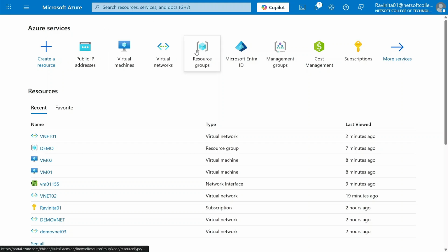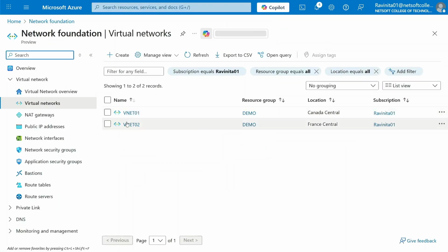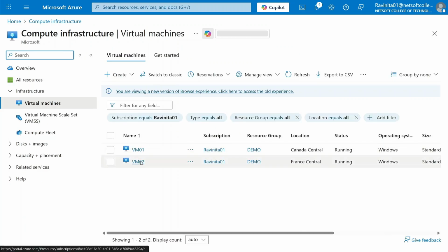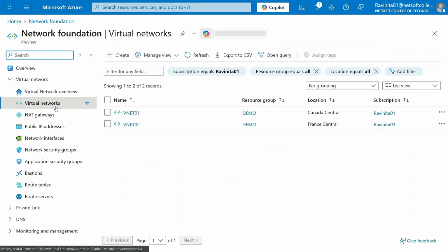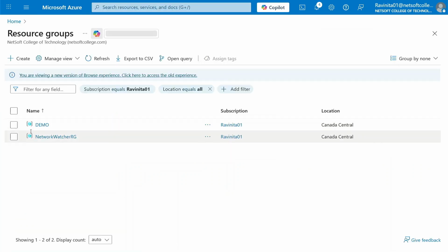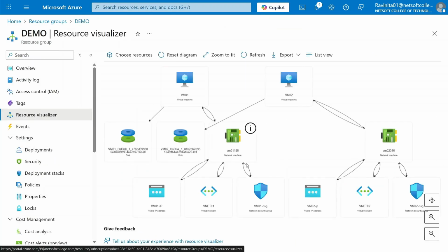So I have a resource group, then I have two networks, in which I have two machines, then I have two public IPs for both virtual machines, and both networks are also connected. So if I show you the visual representation,